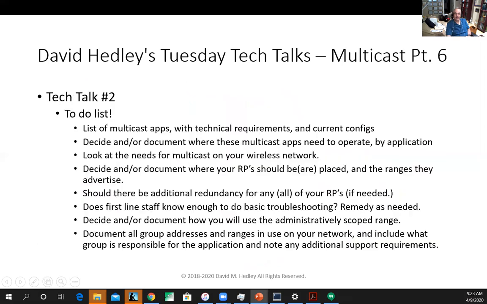Okay, and then I had a to-do list. Create that list of multicast apps with their technical requirements and current configs. Technical requirements. Your first line support, either internal or with the vendor, oftentimes looks at you really blankly. That's great. Somebody has a doc. Somebody may actually have some beautiful PowerPoints that show you all these things about how it talks multicast to here and does unicast to there and